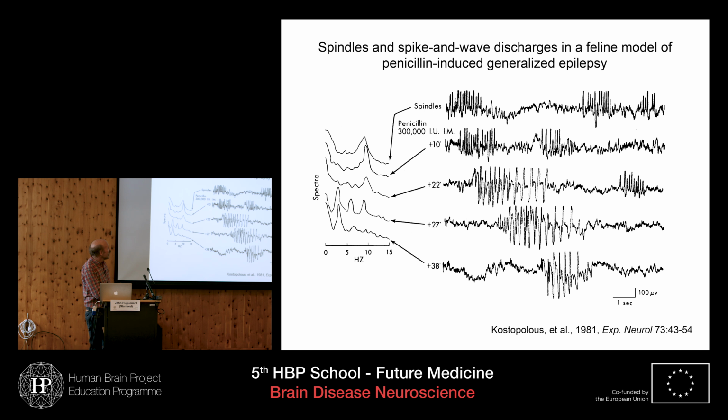brain in cats. And what you can see are these transition events where there is a slowing, as seen in the spectrogram. We're seeing the existence of spike and wave. These are larger amplitude, which is indicating increased synchronization. They're slower. And then you see events like this, which seem to start as a spindle and then transition to this spike and wave. So again, suggesting that the underlying circuitry for these two are related at least.